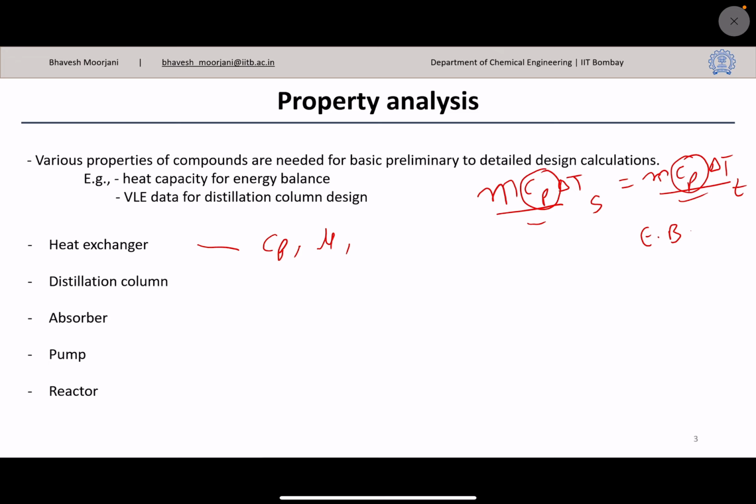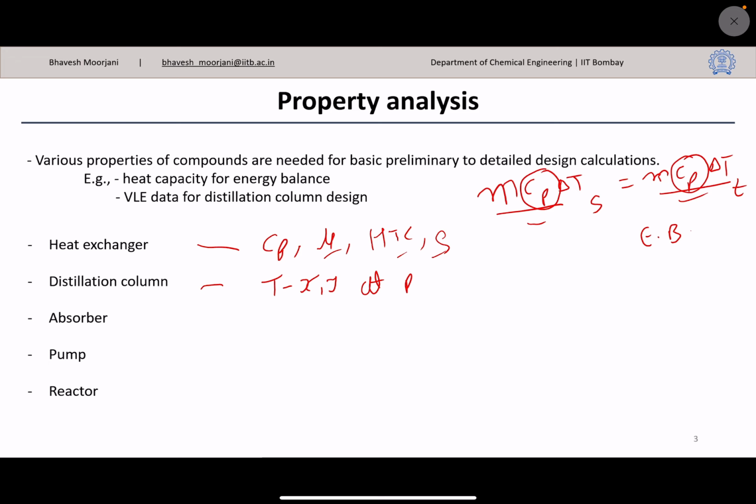So let's say you have to find the heat transfer coefficient, right? And you have the Sieder-Tate or Dittus-Boelter equation in terms of Reynolds number and Prandtl number. So there you need density of your stream, viscosity also to compute the Reynolds number, right? So density is one property, viscosity is one property, Cp is also one property. Similarly, for distillation column design, we need Txy Pxy diagram, right? At various pressure. So we need Txy diagram at various pressure conditions to decide how much separation will be possible. That too just for a design of a distillation column.